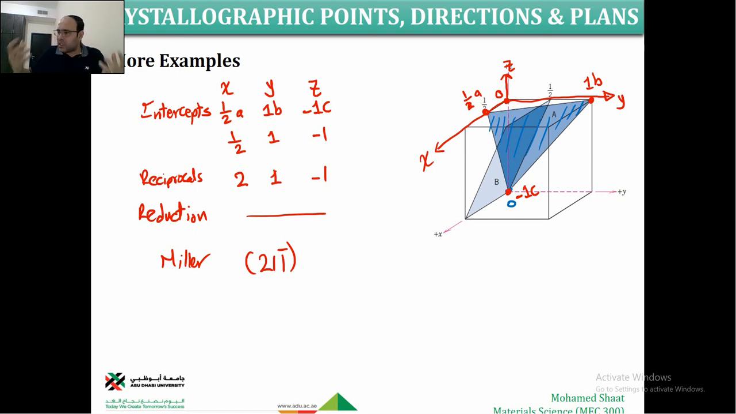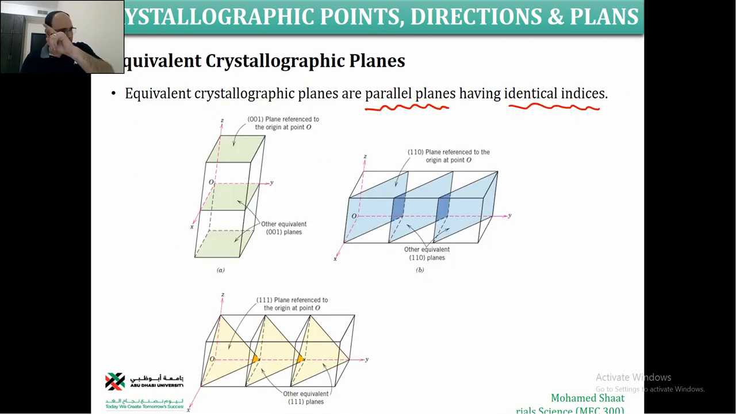So we are interested in the Miller indices of this plane. It is not necessary to work over this one. You can work over any other plane that is parallel to it, that is equivalent to it. You're going to end up with the same Miller indices. Why? Because, as already given here, all equivalent crystallographic planes should be parallel, and at the same time they are going to have identical indices. Make sense? So this is for all the crystal systems, and even these equivalent things are applicable to the hexagonal